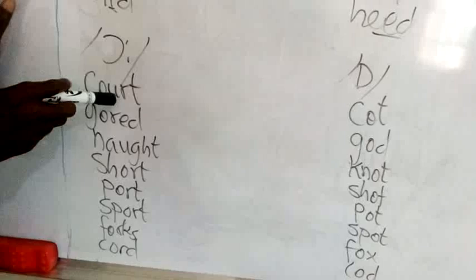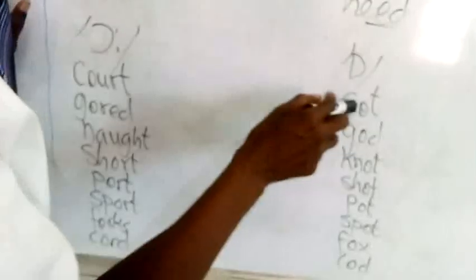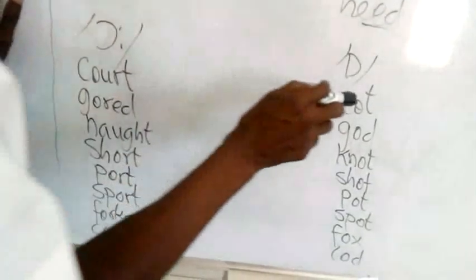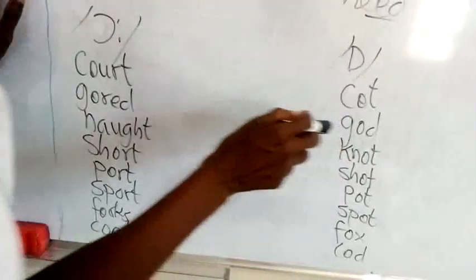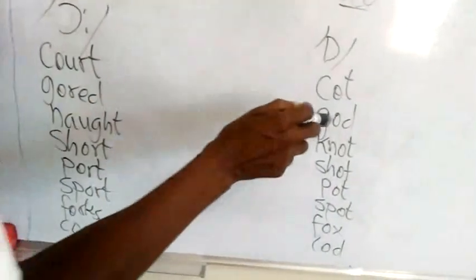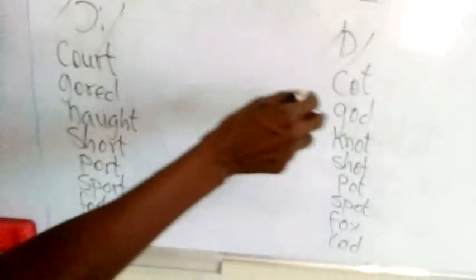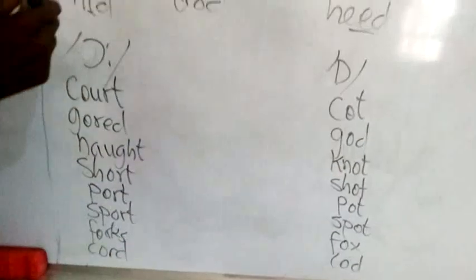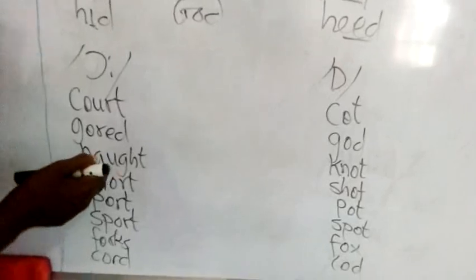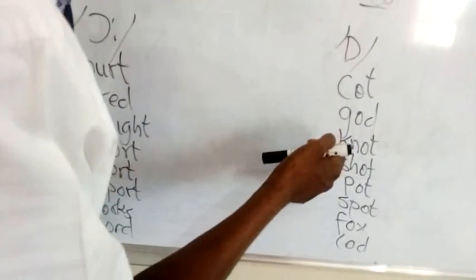So you have chords, cut, God. Now don't get carried away by the other one, G-O-D. That's this one, or the big G-O-D, this one. So it's the same pronunciation there. So we have not. I hope you're not a naughty boy. We have not or knot,